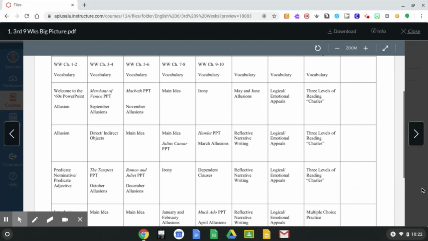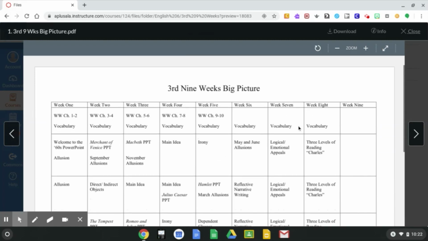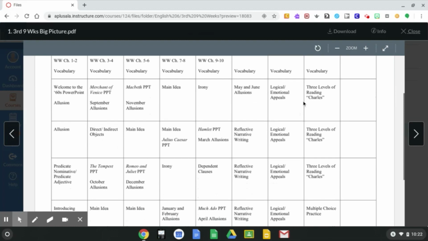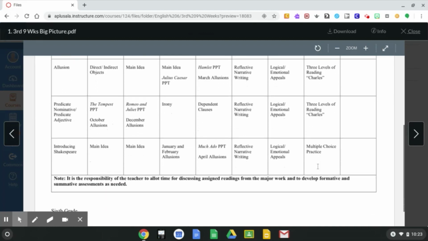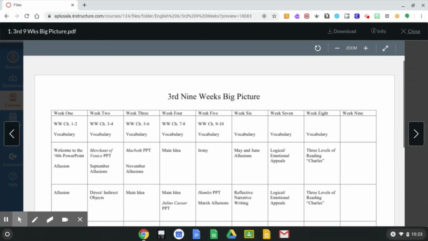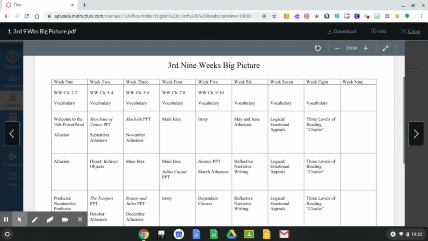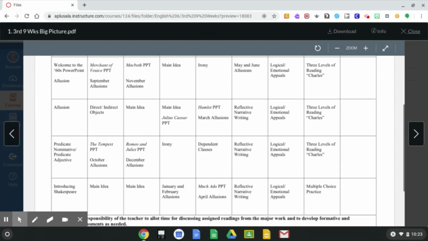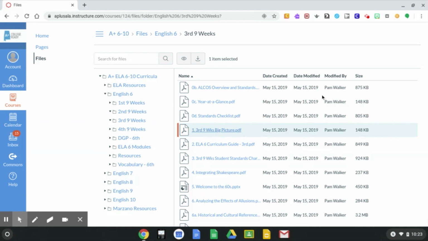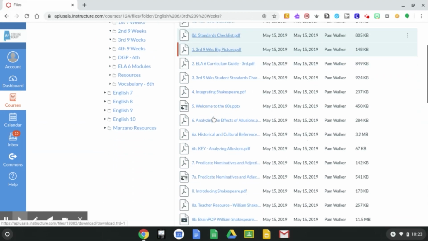So the 3 levels of reading will be in week 8, so toward the end of the 9 weeks. And you're going to get 1, 2, 3 full days for this lesson. It's a pretty big lesson, and it's one of my favorites. Okay, so we're going to close that out and go down